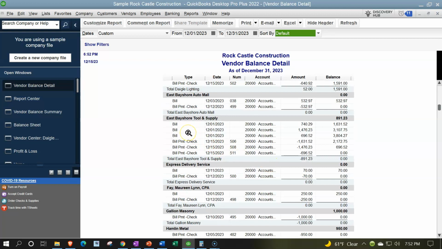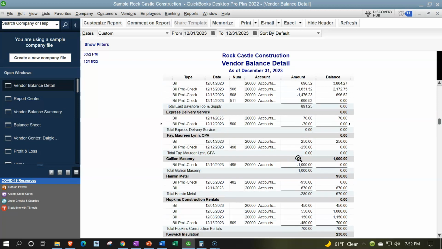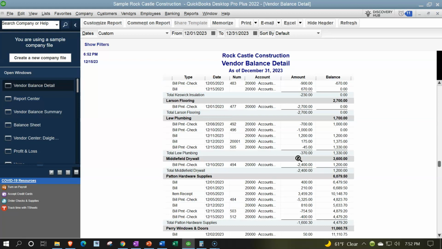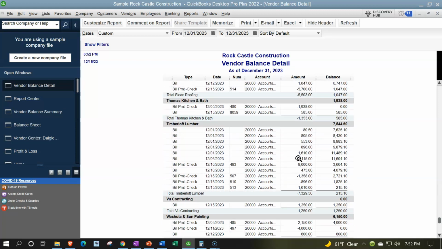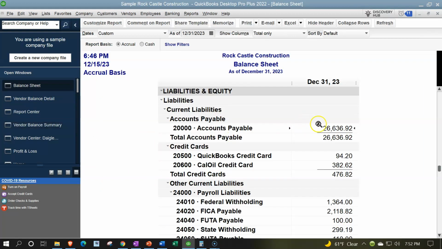We could see that the detail goes up, or the balance per vendor goes up with the bills. As we enter bills, they go back down when we pay the bills. That's the typical trend we would expect to see within the accounts payable. Easier to see when you see it on a vendor by vendor account, because the increases and the decreases are more likely to match up closer to themselves than in the accounts payable full general ledger or transaction detail account. Bottom line still adds up to that 26,636.92, which ties out, of course, to the balance sheet as well, or